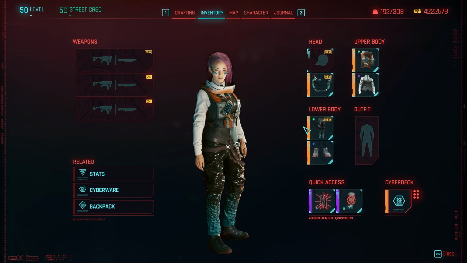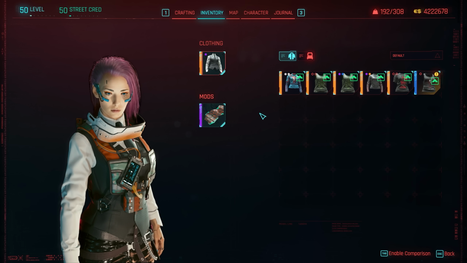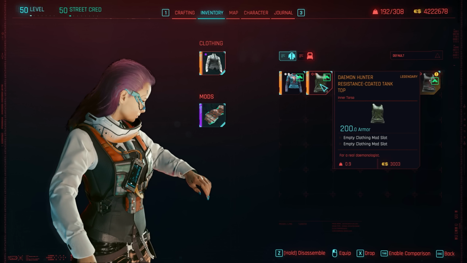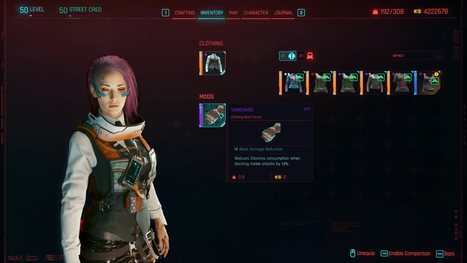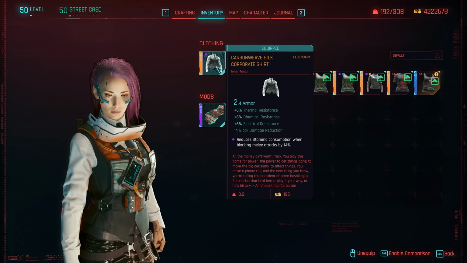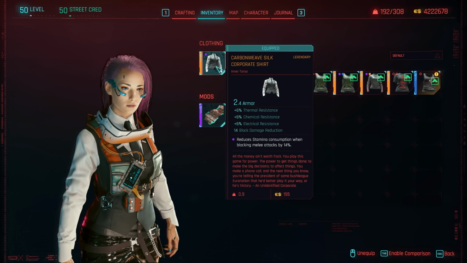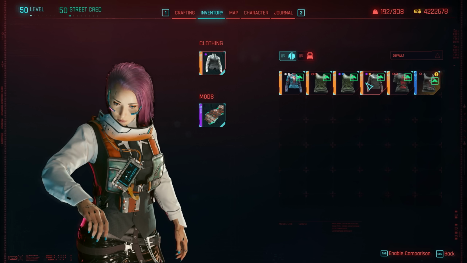But speaking of clothing, something else you may notice is some of the items in game do have ingrained special abilities. In earlier versions of Cyberpunk, you basically just wanted clothing to have as many mod slots as possible. You would stack armadillo mods and become all-powerful as a result. But with patch 1.5, things were reworked quite a bit. So now you may notice that some of the clothing in your inventory, even if it's legendary, actually has less